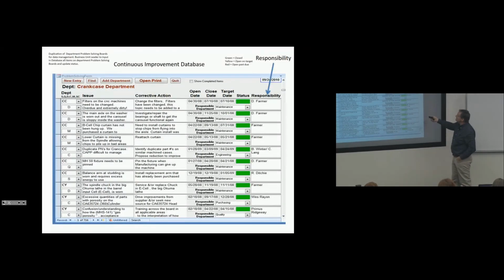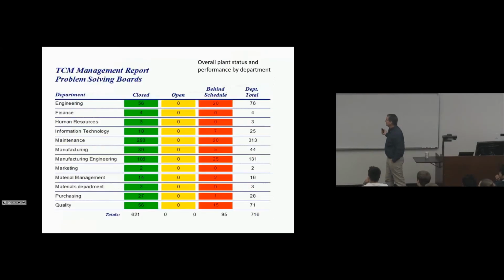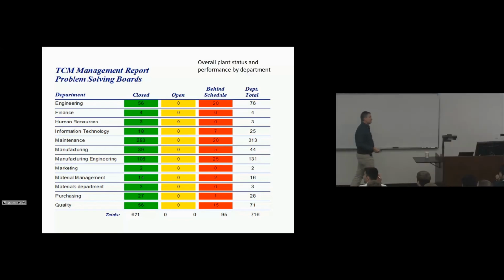So this was our database. These are closed items, green. These are red items behind, by name, not by department. So we can ask people about that. This is time-based. That's why you have all this behind schedule and nothing open. But this told us what was behind, what was open, what had been closed by department. So you can review how your operation's supporting continuous improvement with it. Overall plant status. Rolling up 10 boards from 10 different areas. Driving improvement in the organization.